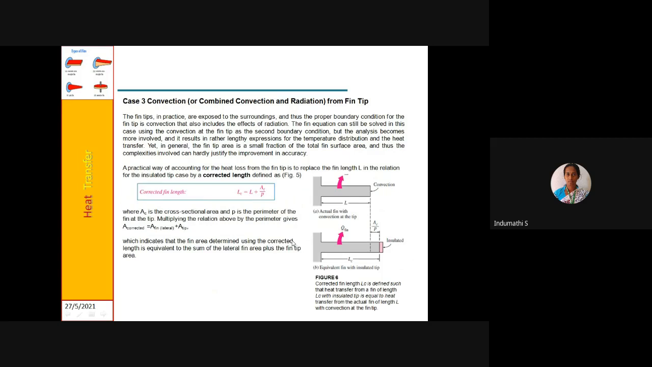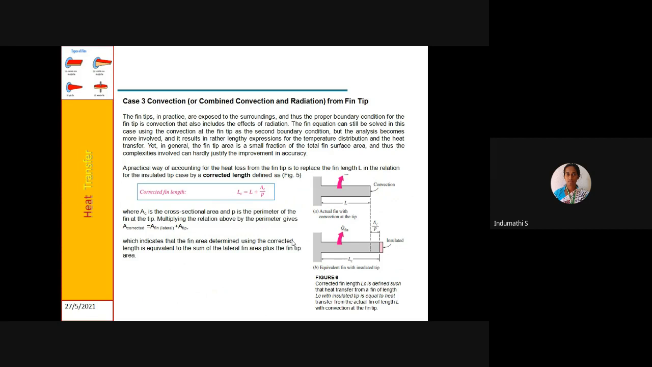Then this is the convective condition, the convection from the fin tip. The fin tips in practice are exposed to the surroundings. Thus the proper boundary condition for the fin tip is convection, which also includes the effects of radiation. So this particular fin equation can be solved in this case using the convection at the tip as a secondary boundary condition, but the analysis becomes more involved and results in lengthy expressions for the temperature distribution and heat